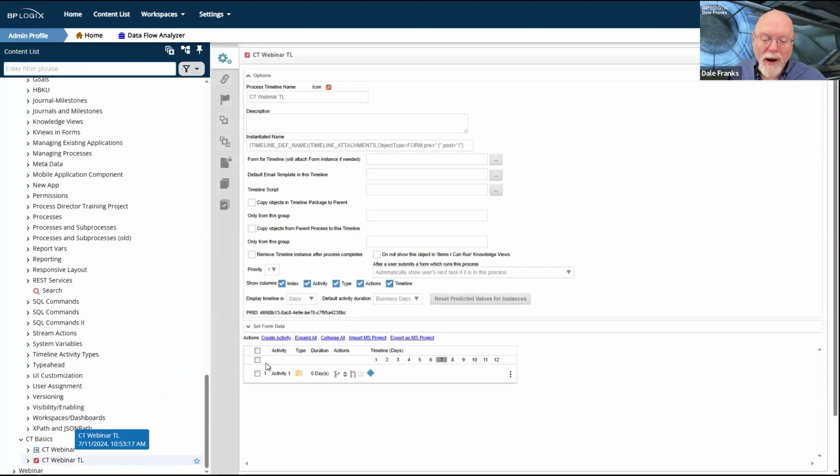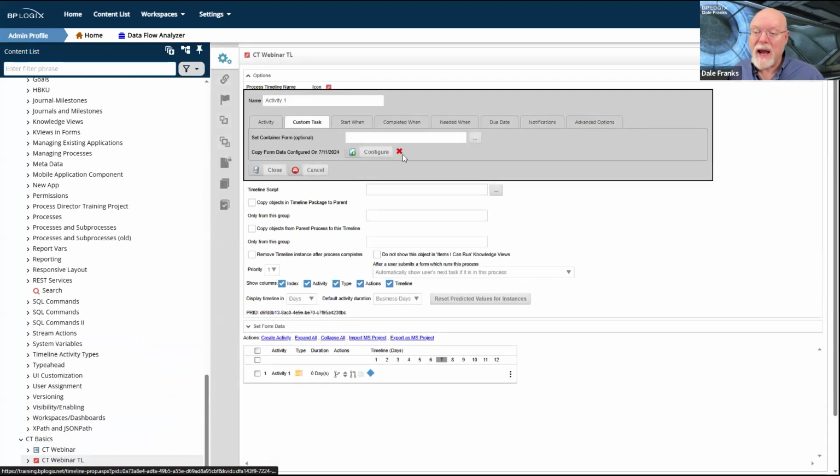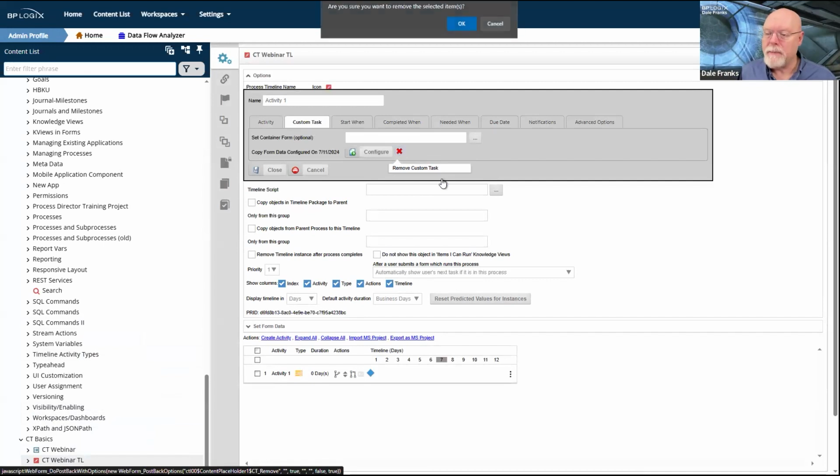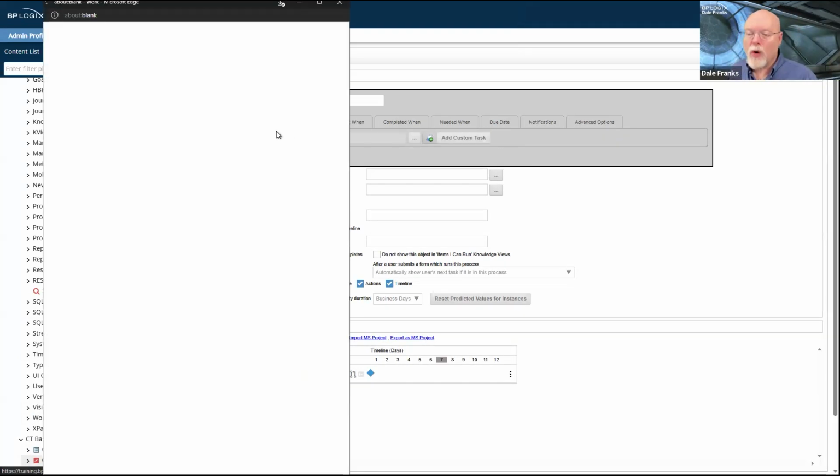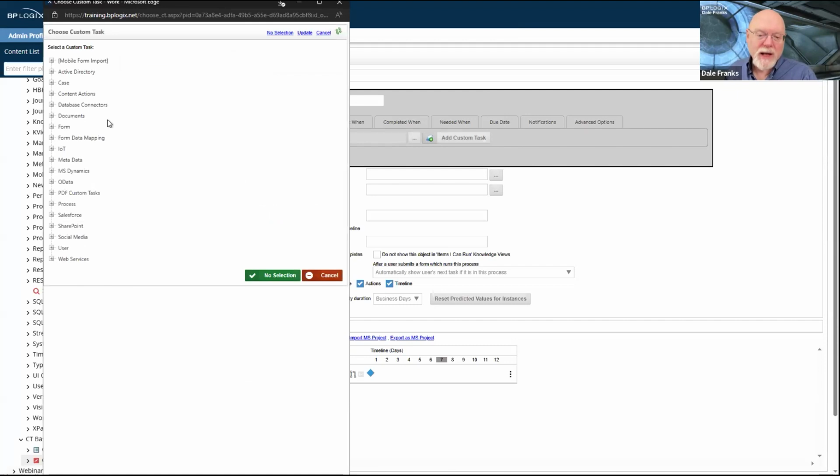So the way that I would do that, rather than running that custom task activity here, what I would probably do is run a run process custom task.